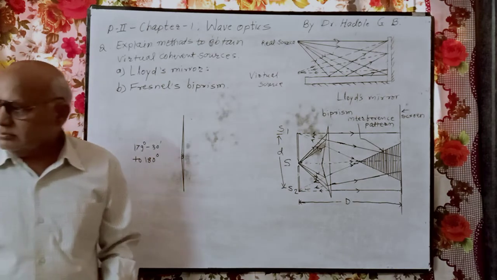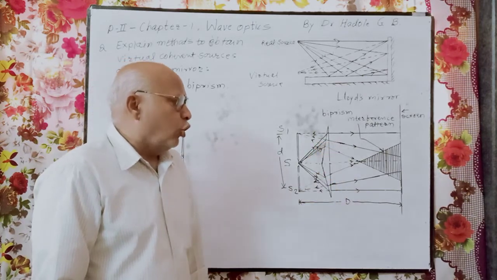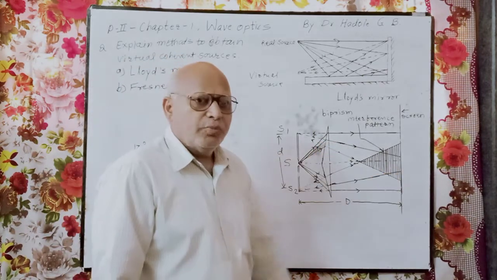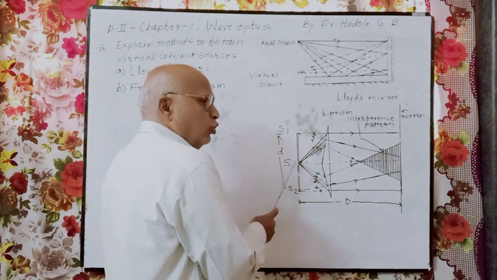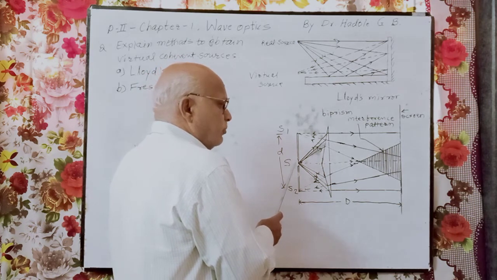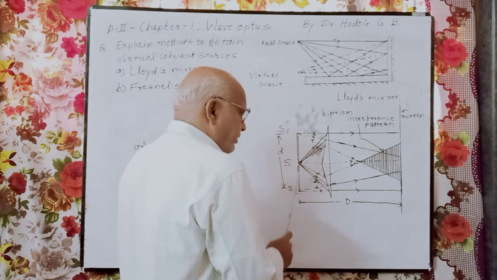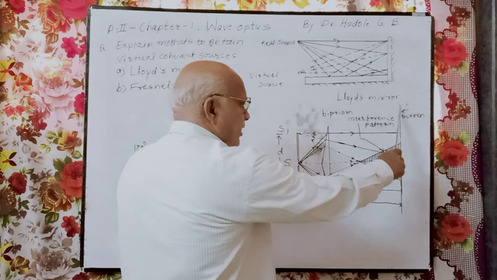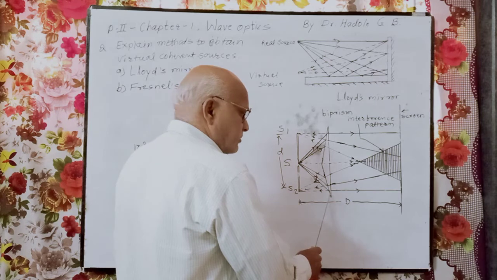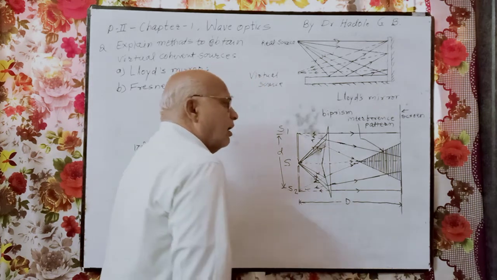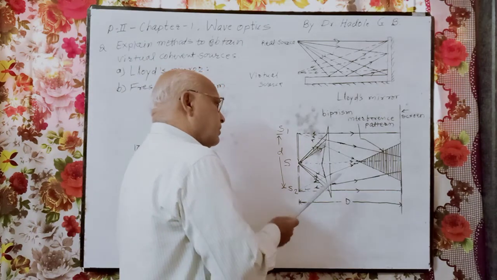Now here is an experimental setup to obtain the interference pattern. See here, this is the source of monochromatic light, and a biprism is kept a certain distance away from this source, and here the screen is kept. Of course, this distance is very small. This distance is very large. Next, this biprism is kept